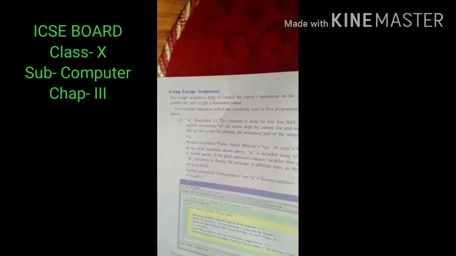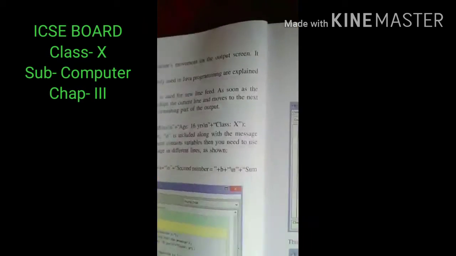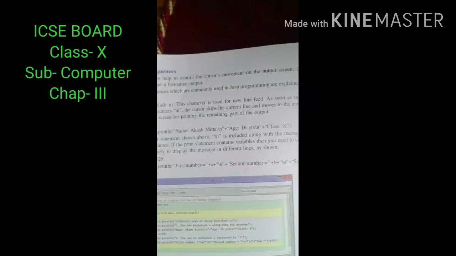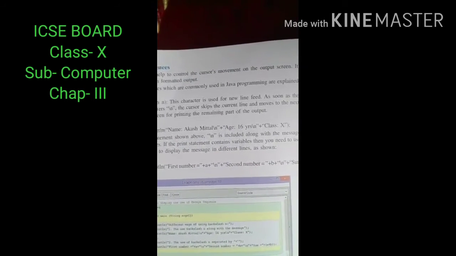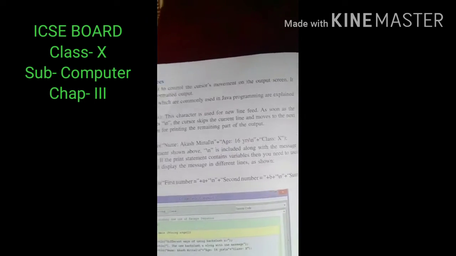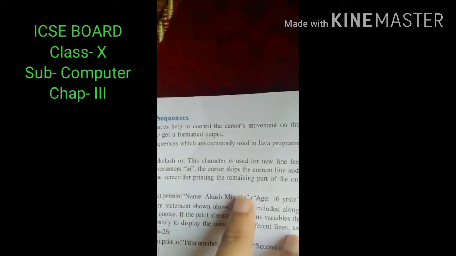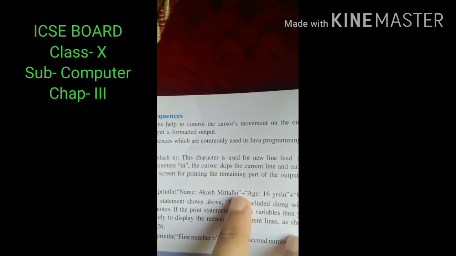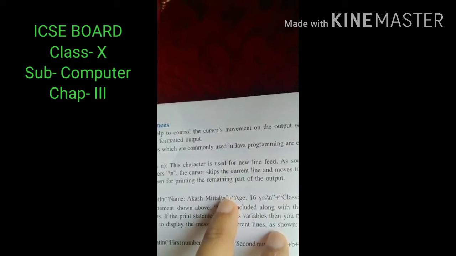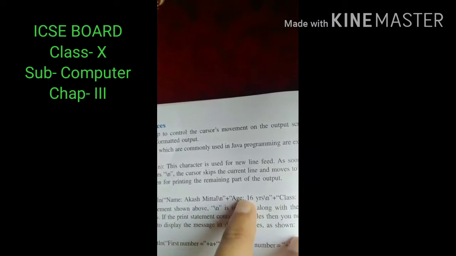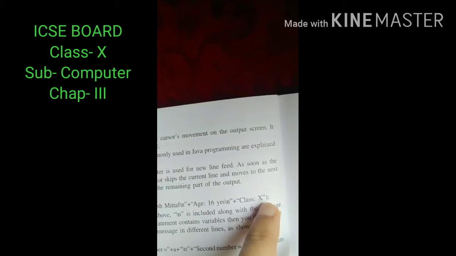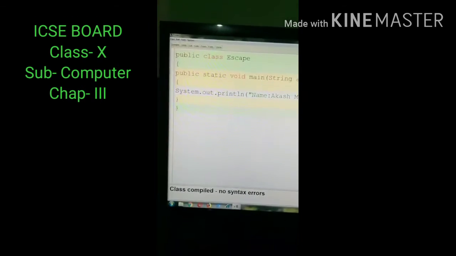Using escape sequences. In Java programming, you know very well the use of escape sequences is very essential, because using escape sequences we can break a long statement into small portions, like name Akash Mittal backslash n, and see this Akash Mittal is enclosed with double quotes, and plus age 60 years backslash n. Then again it will come in the next line, plus class 10, it will come in the next line. Well, students,